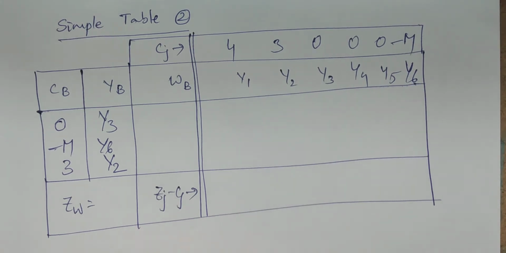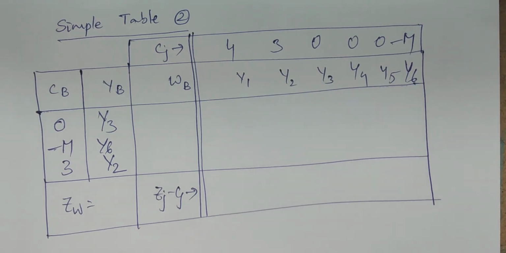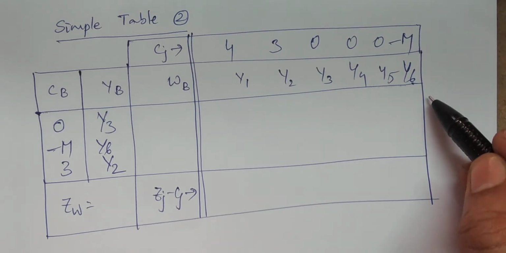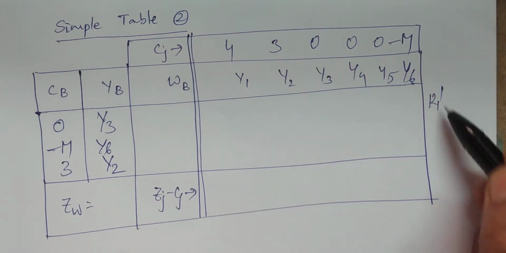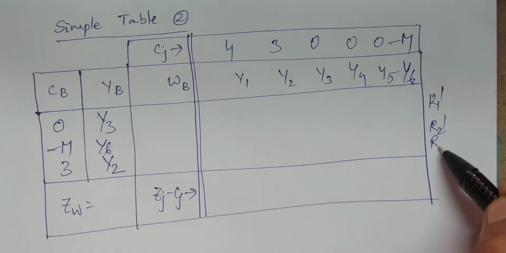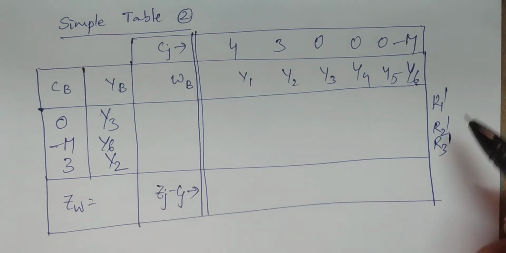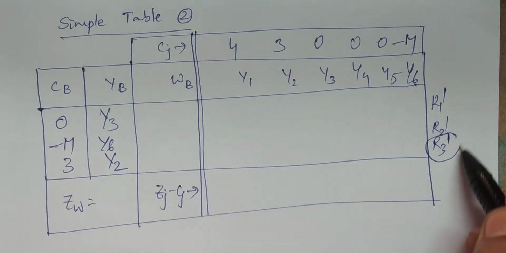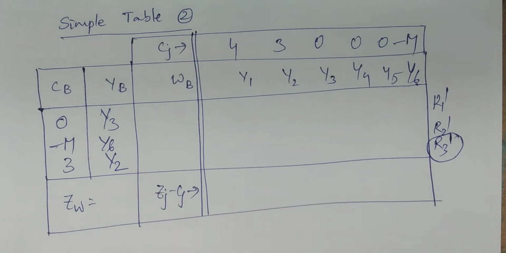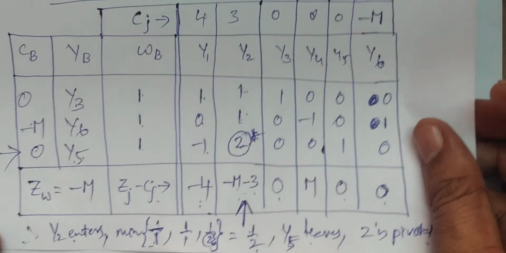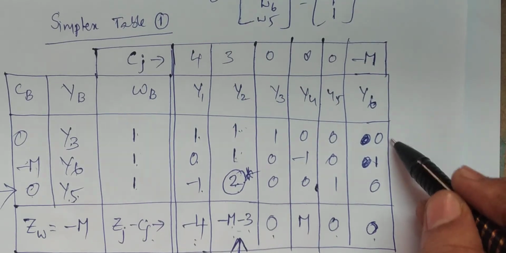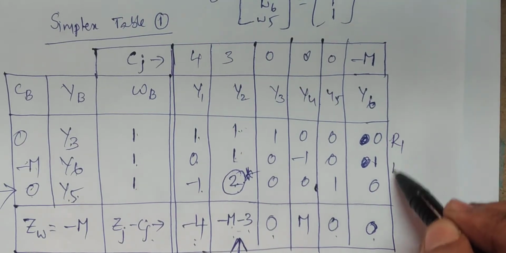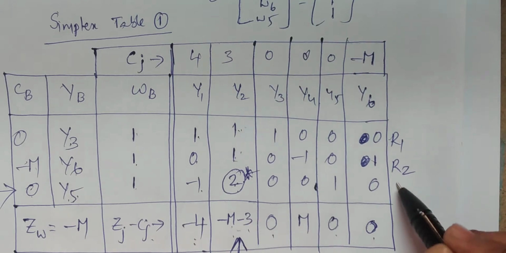And then what you have to calculate: you have to make the pivotal element unity and all remaining elements 0. So here I am writing R1 dash, R2 dash, R3 dash. Which was entered first? R3 dash, because the pivotal element in the previous table is in R3. Now you see here I am writing the elements of the rows, and I indicate the rows first of all: R1, R2 and R3.